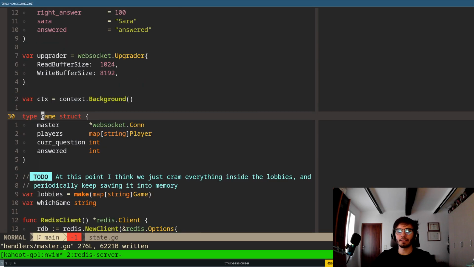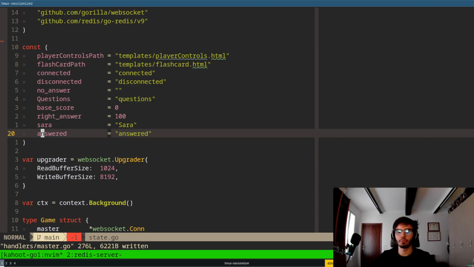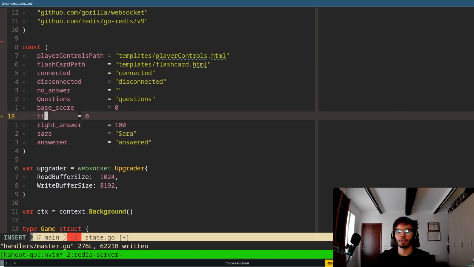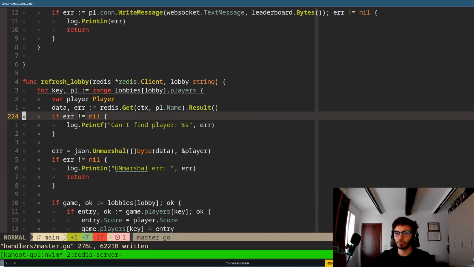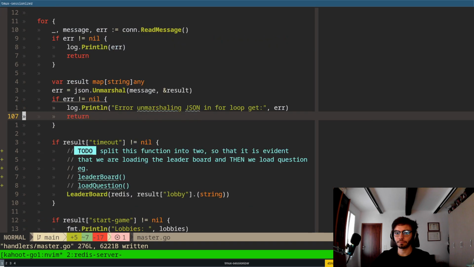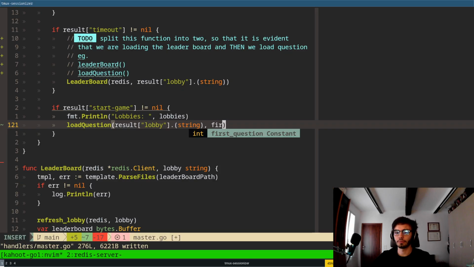Okay then, that implies that we are gonna add base score. We're gonna add over here first question, which we would comment in that way. And now this will load the correct one because we can take a look in this regard. What is going on? Okay, so this way we load the first question,